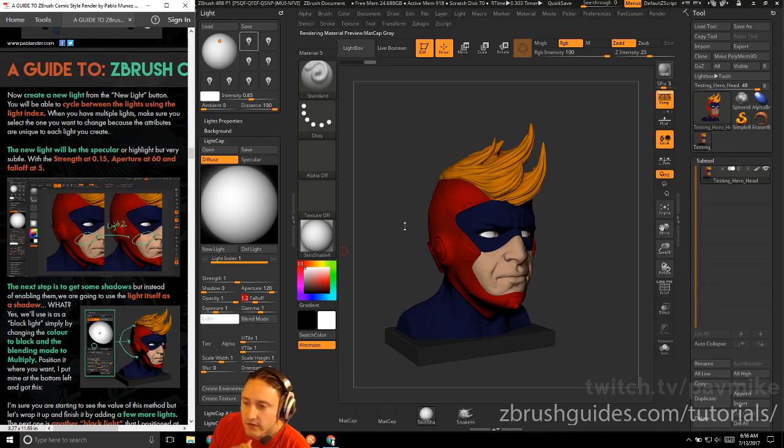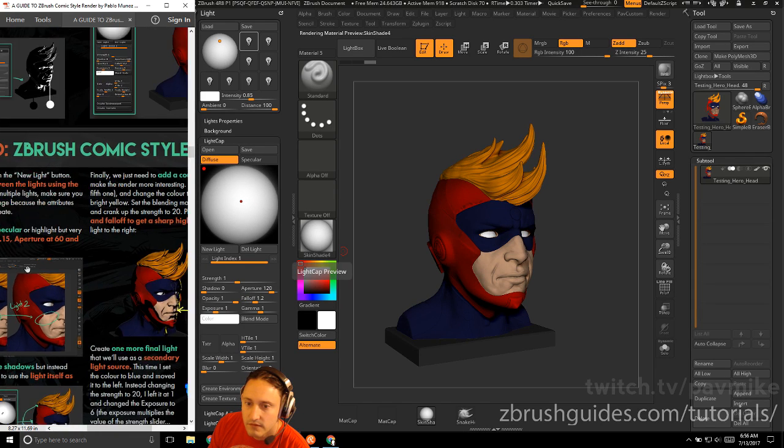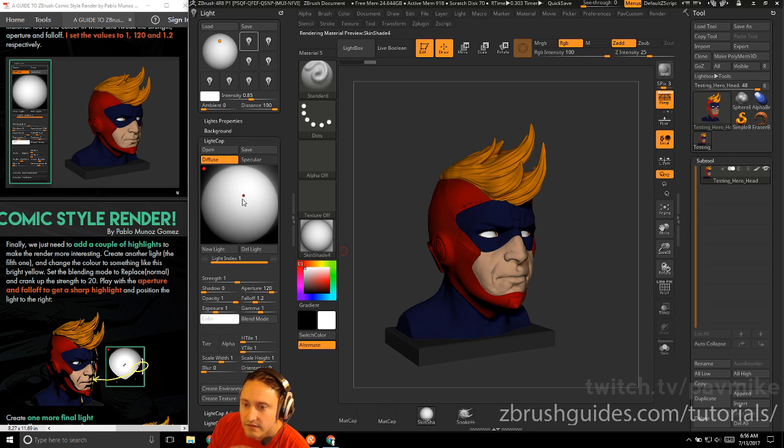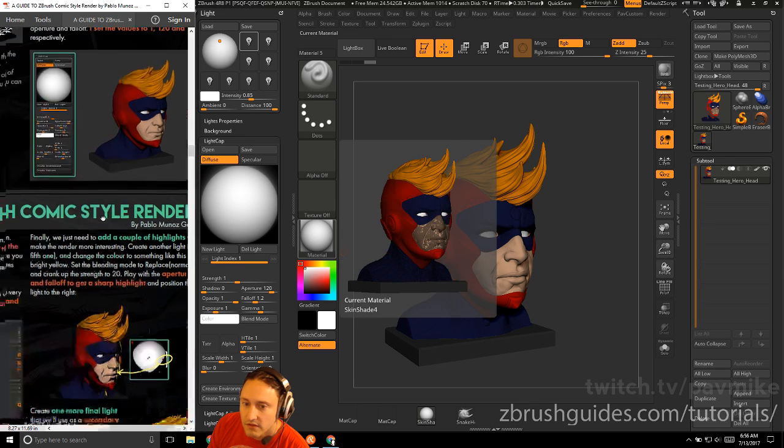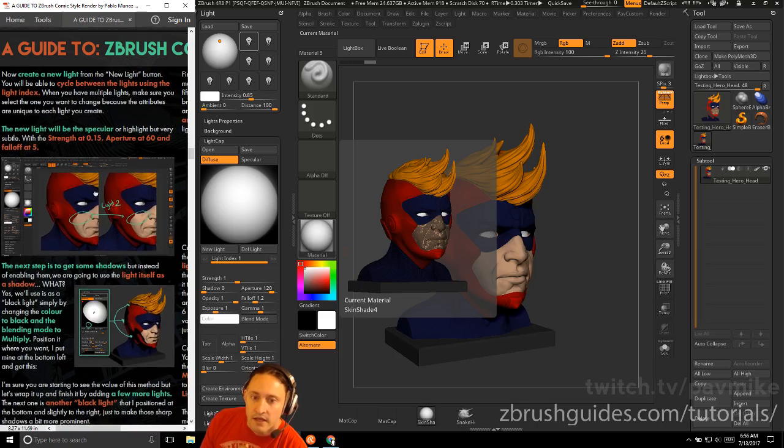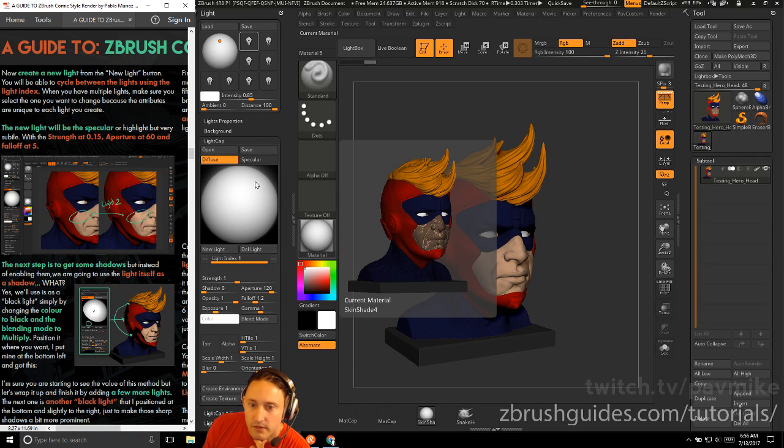Now we're going to create a new light. So this is our base, and it looks like we're just going to position this. Let me see if I can just kind of match this. It looks like the light's somewhere in this range, just vaguely in the middle. Now create a new light from the new light button. You'll be able to cycle between the lights using the light index. When you have multiple lights, make sure you select the one you want to change because the attributes are unique